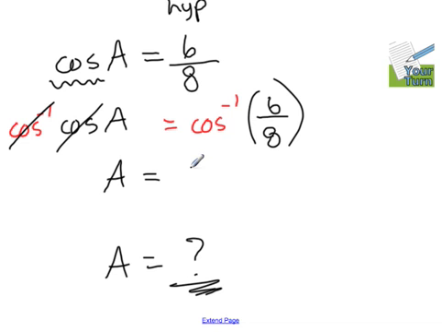Hopefully it's this one, arc cos. No, that's not it. Arc cos. Yeah, there it is. Arc cos of 6/8. Make sure you put that 6/8 in brackets, just so you don't mess that up. Equals, and I come out to,